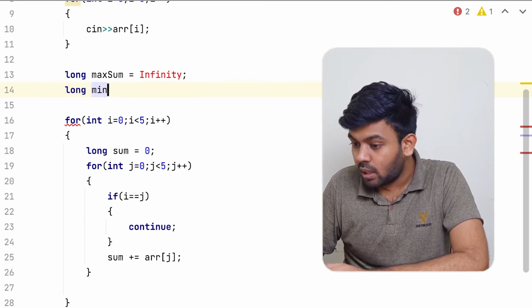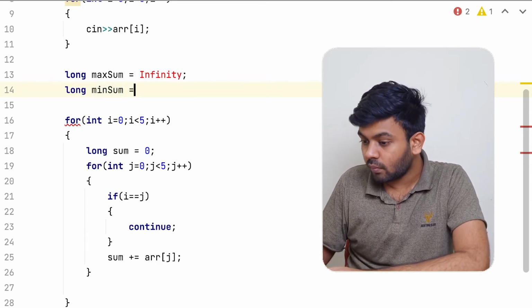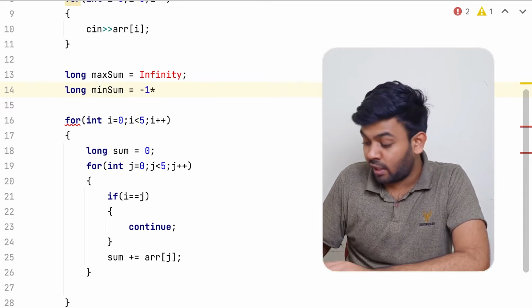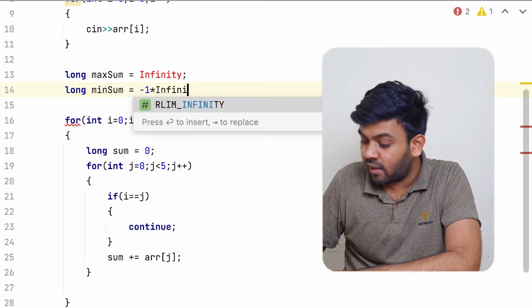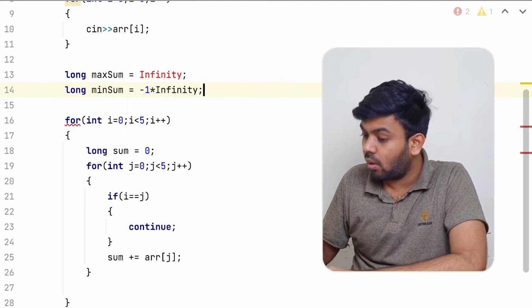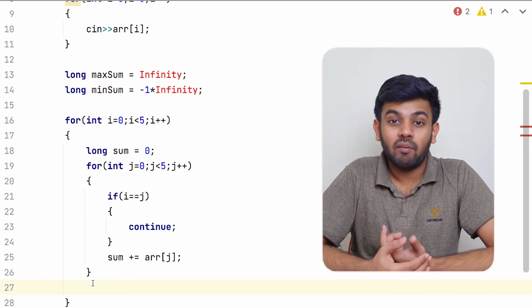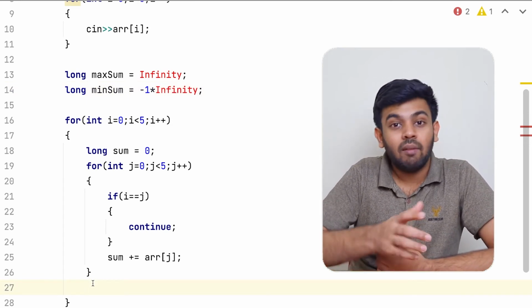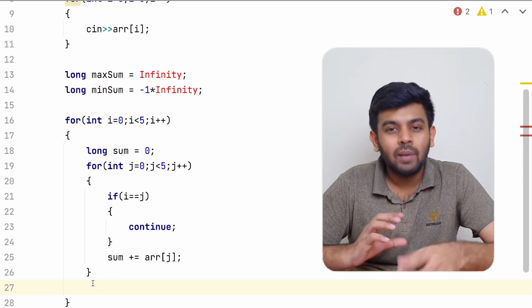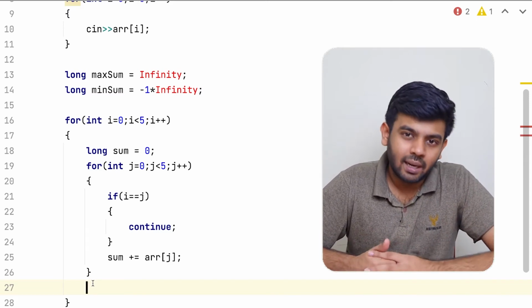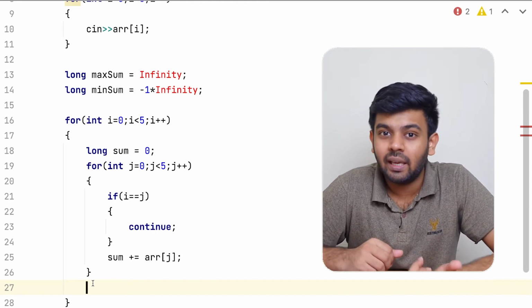Okay, so min sum is equal to negative infinity. So I'm just going to multiply infinity by -1. Infinity. Okay. So now after calculating the sum for every iteration of leaving out every number, we have to update the max sum and minimum sum, so check if the current sum is greater than the existing one.